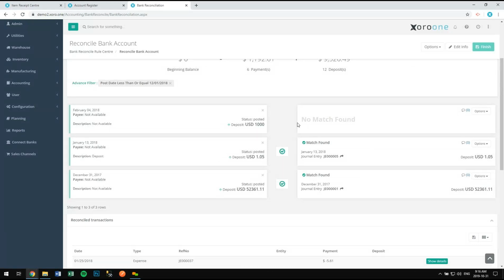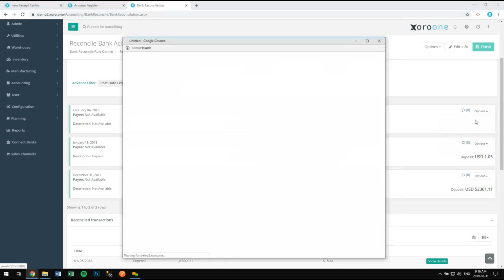And in this case, it actually didn't find any match. So I can click on options on the right here, and I have a bunch of options where I can create an entry on the go. What that'll do is create the entry and reconcile it all in one go. So if I click on options, journal entry,